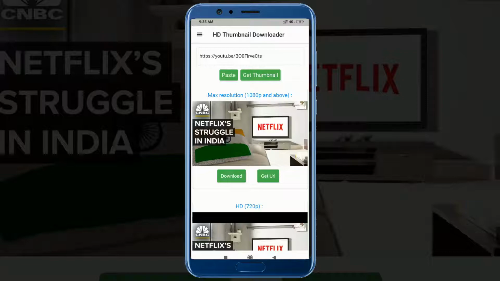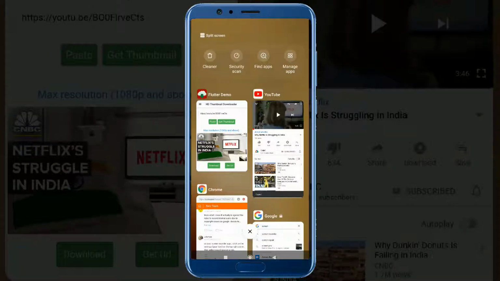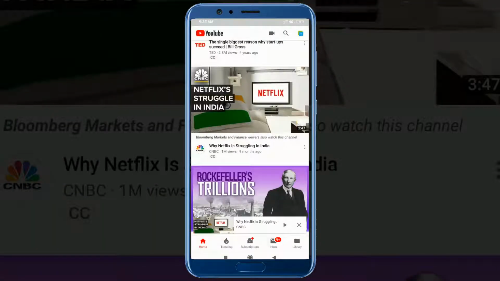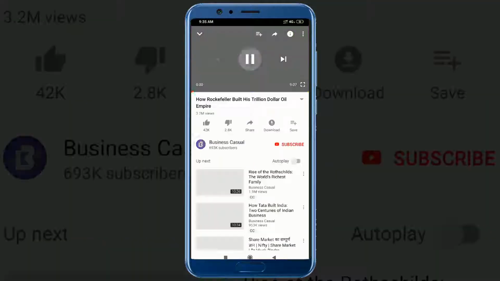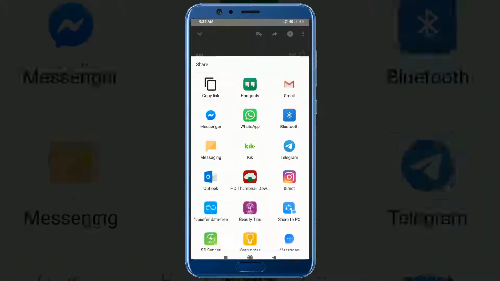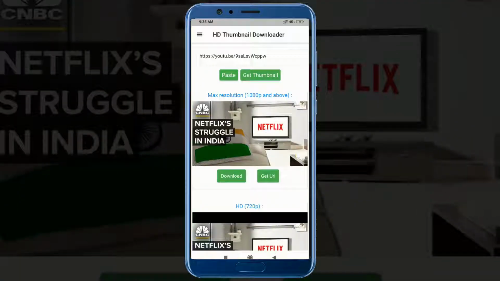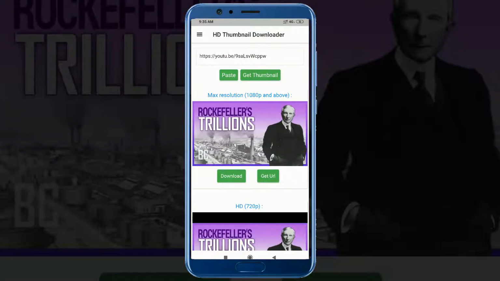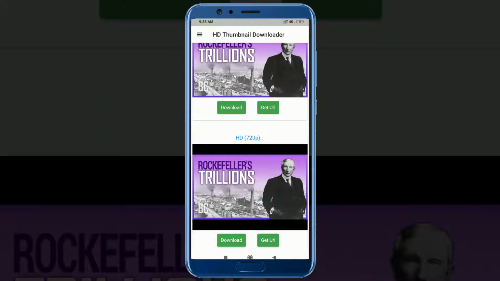And there is another method to do it. Let's try on another video. Go to share and click on the icon of the app and click on download again, and